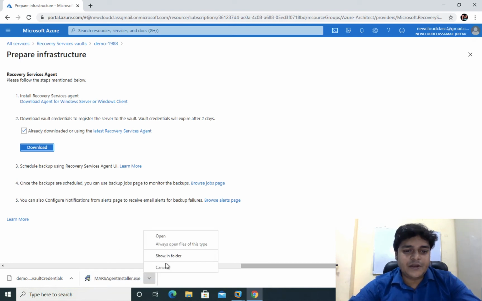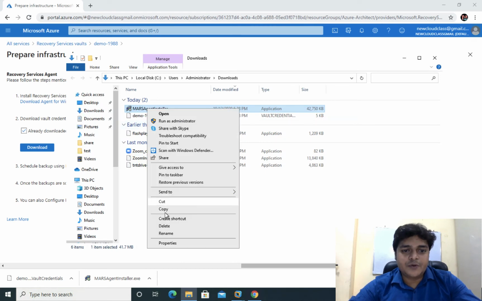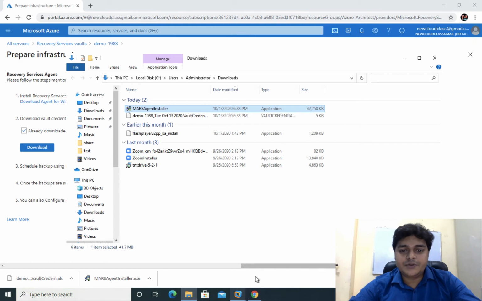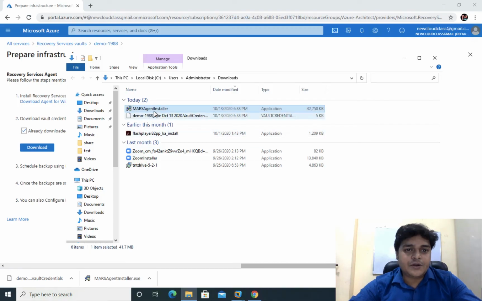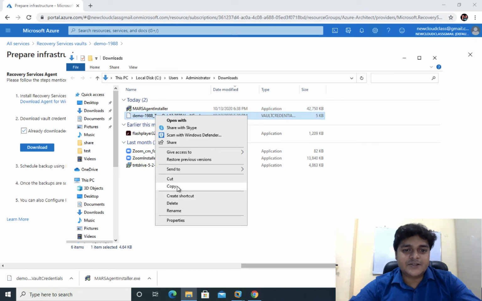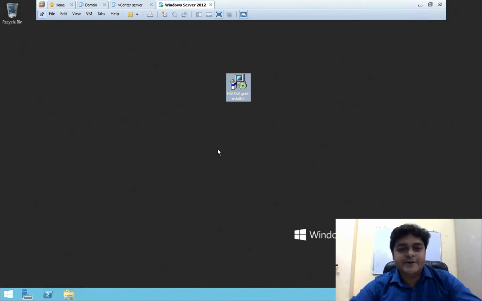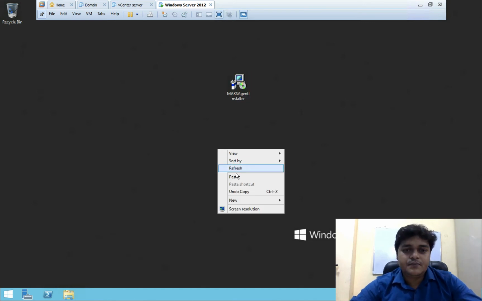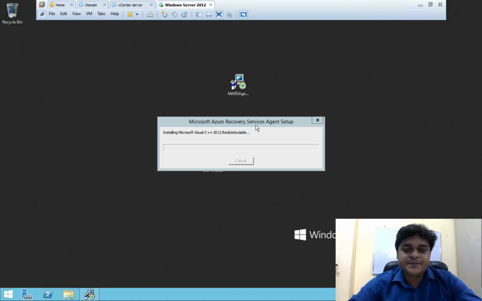You need to open it and just copy it, and I'm going to paste it on our Windows Server 2012, where we want to take the backup of our file and folder. So this is our server operating system, just paste here. Again you need to just copy the key, because the key is responsible to verify your on-premises machine with the Azure portal. Now we successfully uploaded it, just paste, and we need to install the recovery service vault agent.